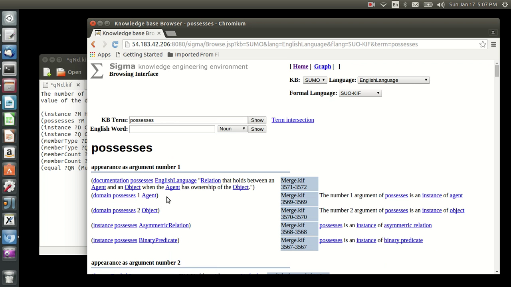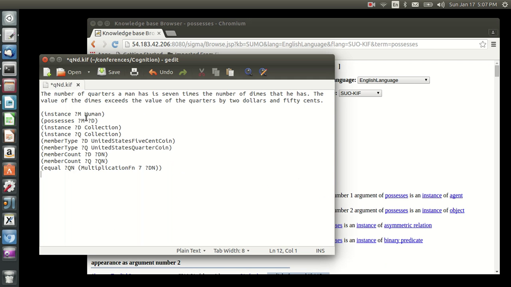Okay, possesses: the agent possesses an object. So M, the human, possesses the collection of dimes, and possesses the collection of quarters. Okay, there we go. So we've got the relationship between the number, we've got the coins, we've got the collections,